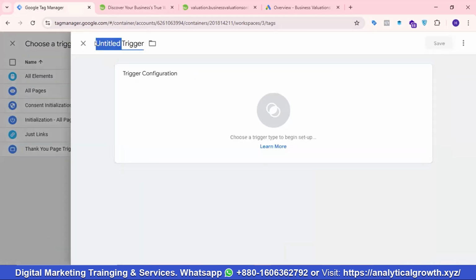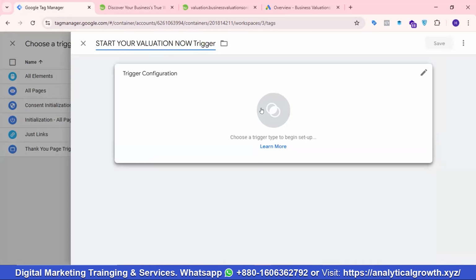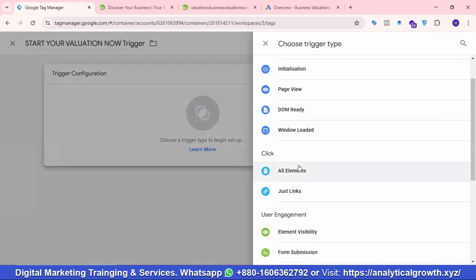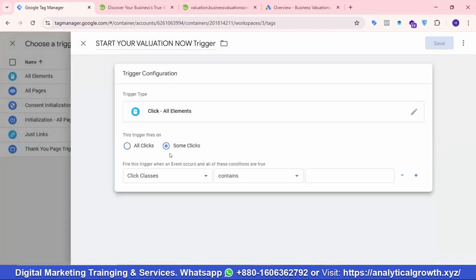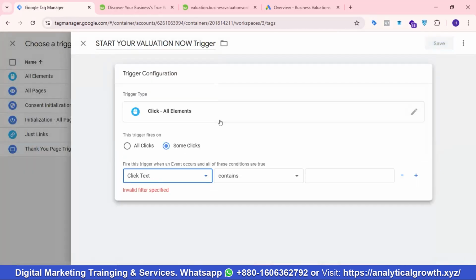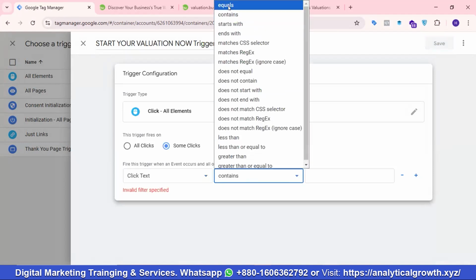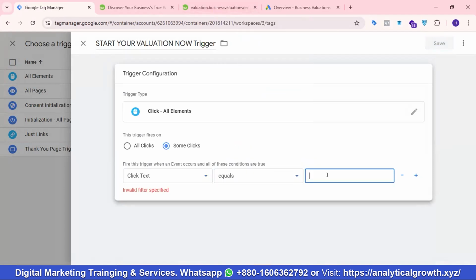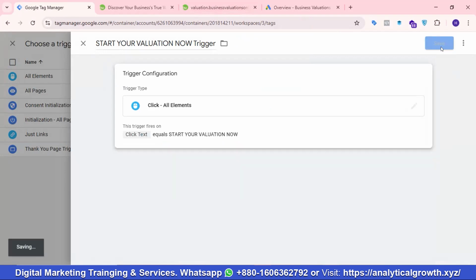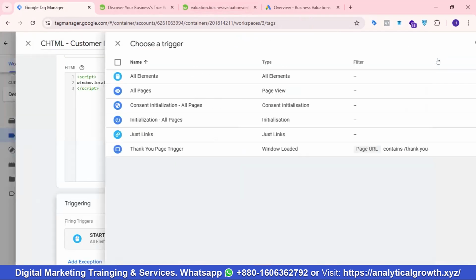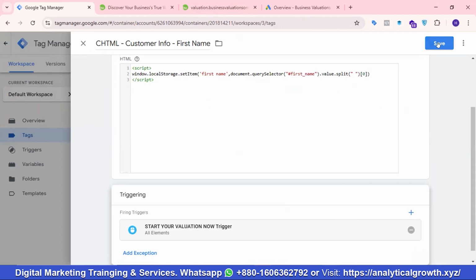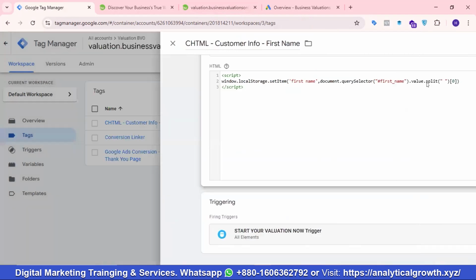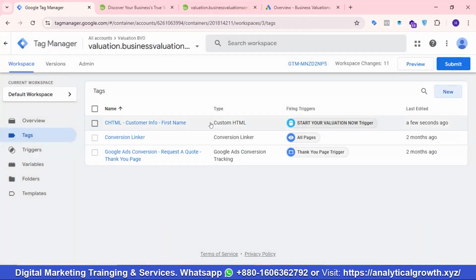So maybe I can name this start your valuation now trigger. Then the triggering would be all element click, text equals or contains this one, start your valuation now. So I'm gonna click on save. So we have stored the data